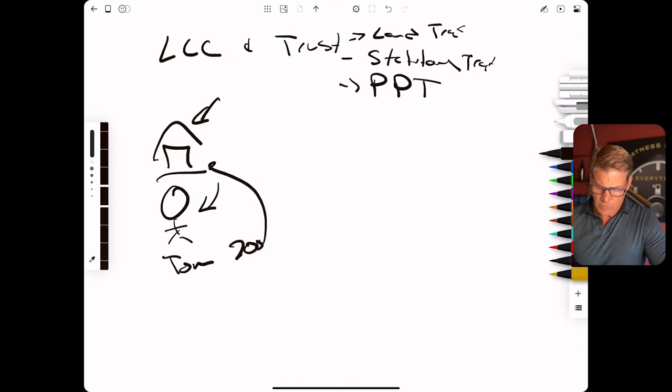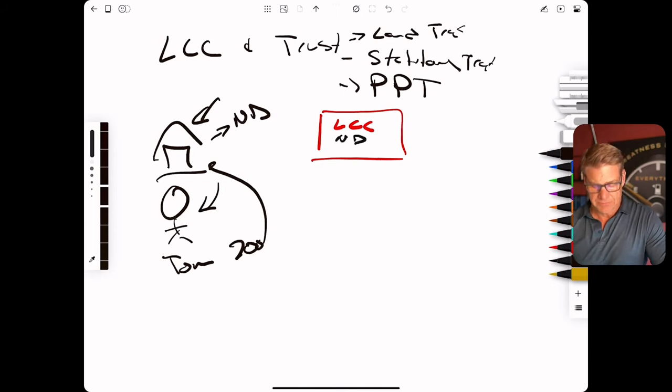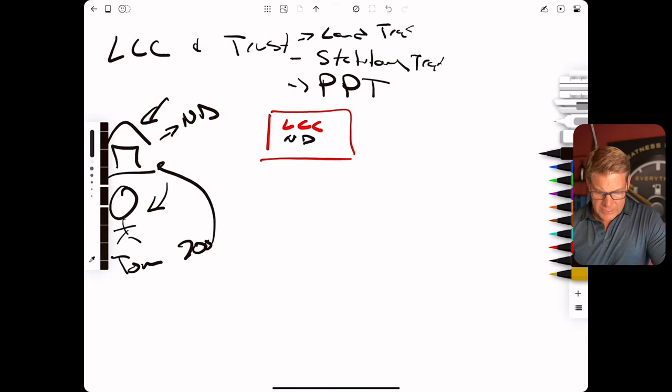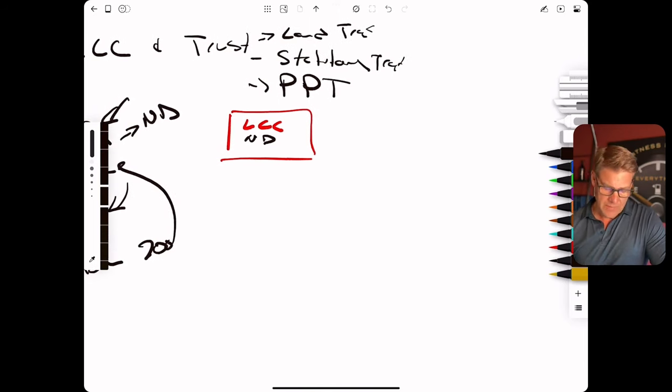Well, option number one is you could create a limited liability company right here, an LLC. And typically this LLC would be set up in the state where the property is located. So if this property here was located in North Dakota, I would make this a North Dakota limited liability company. Now, when you're setting up the LLC, and I'm sure many of you have set up LLCs before, you'll notice